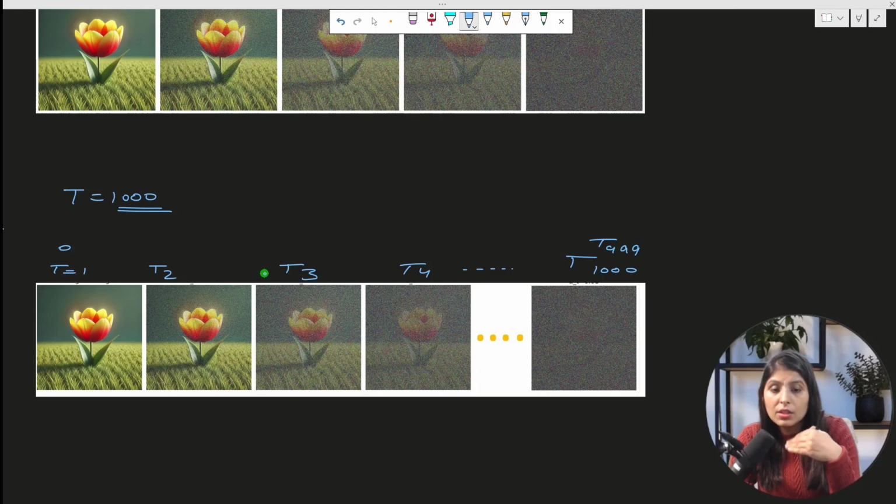Okay, after these many steps, after 1000 steps, you will get the image from the forward diffusion process, which will be pure noise. And here we are not training the model. For the reverse diffusion process, we will train the model, we will teach the model to perform some task, but in the forward diffusion process we are just corrupting the image by adding some noise to it.